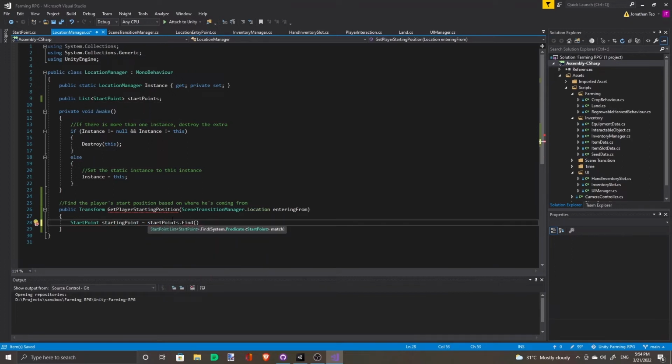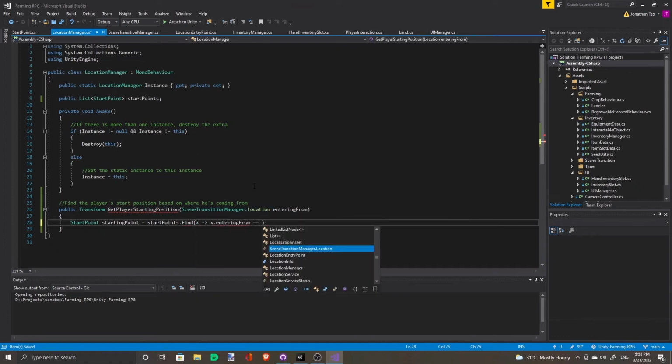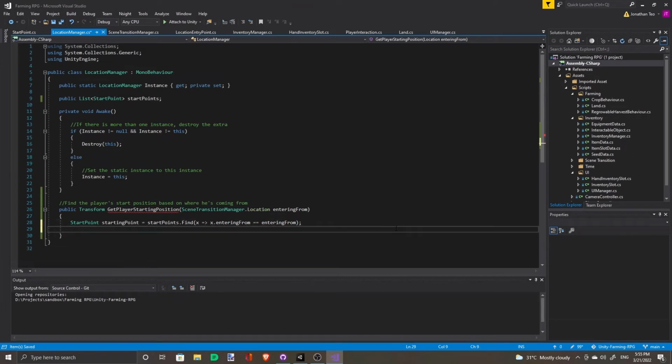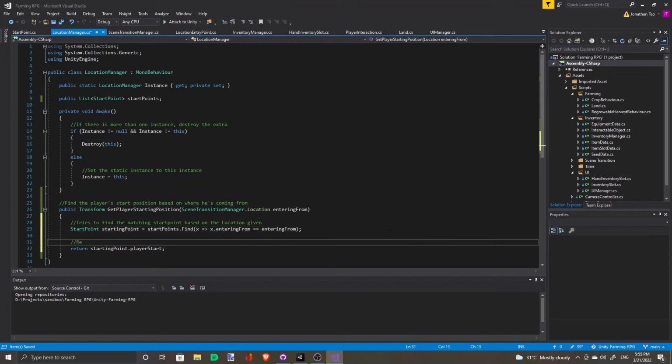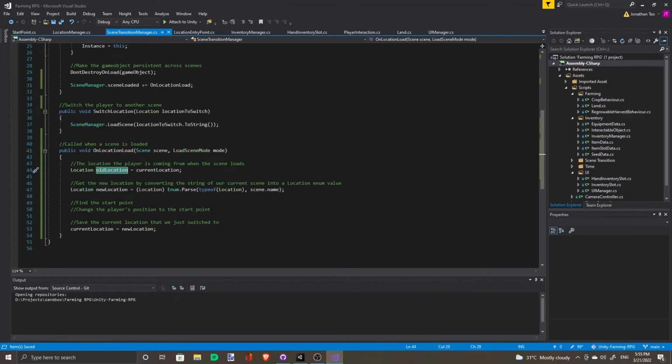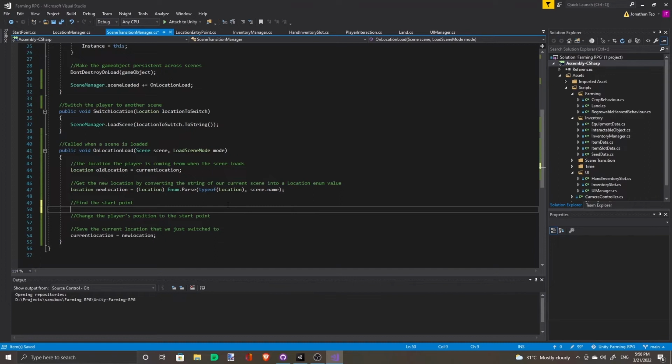We made this a list because list has this Find function that lets us go through the array and find an entry that contains this location. So it has to find a match. Returns the start point's transform. So now find the start point back in scene transition manager.